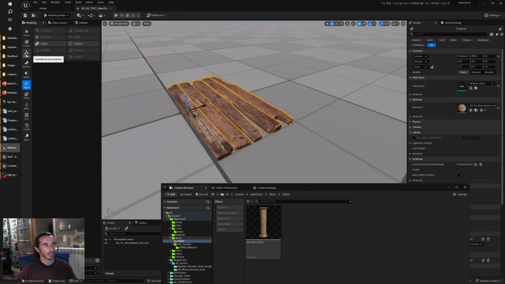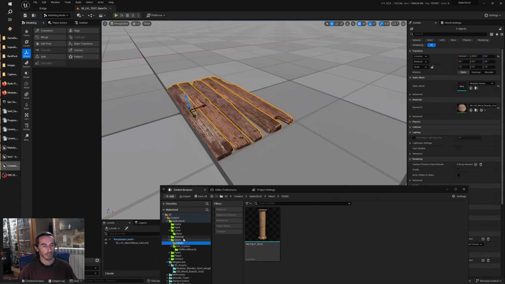What is important over there is the output folder, and it can generate a folder for you when you're creating new assets in the modeling tool, or you can use the folder where you are inside the content browser. So we will use this folder and we will merge all the assets, and now you can see that,